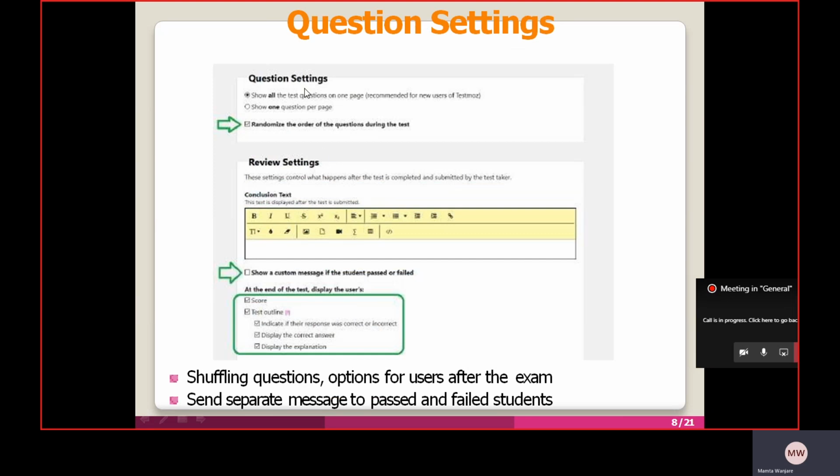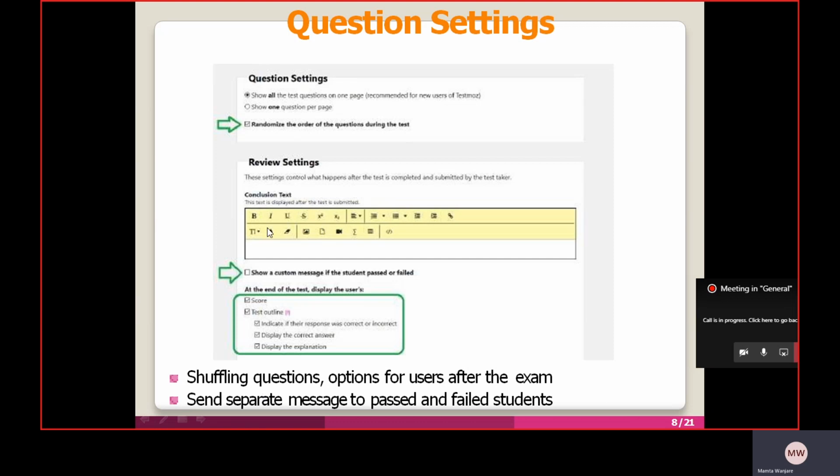For question settings, always remember to click on randomize the order of questions during the test. It means whenever students give the exam or test, he or she gets shuffled questions. That option is here.